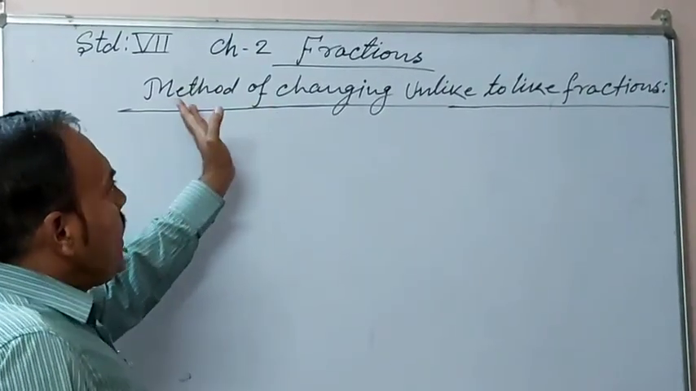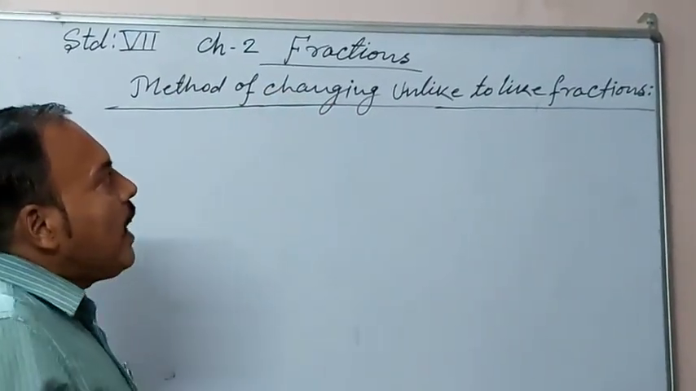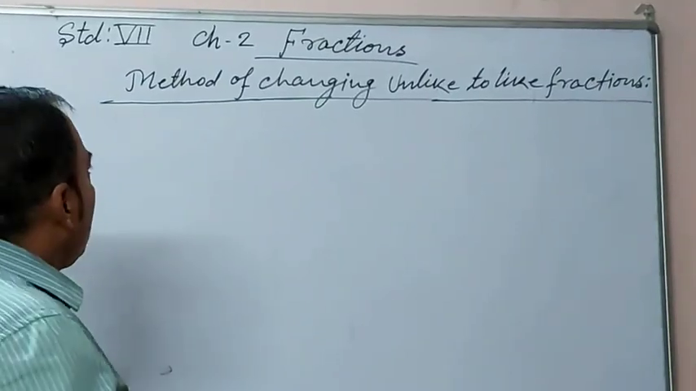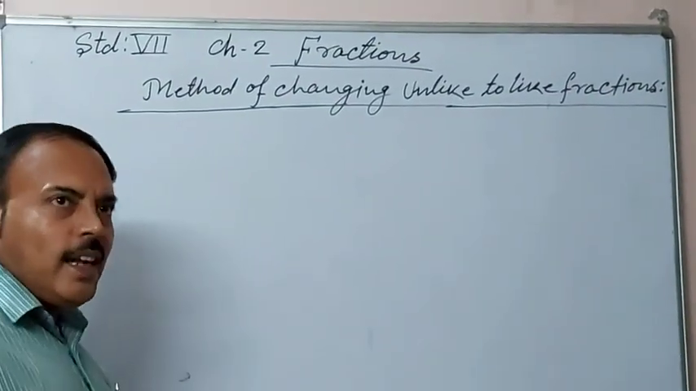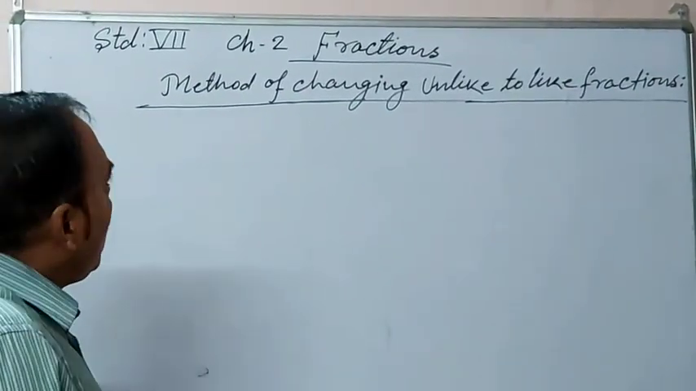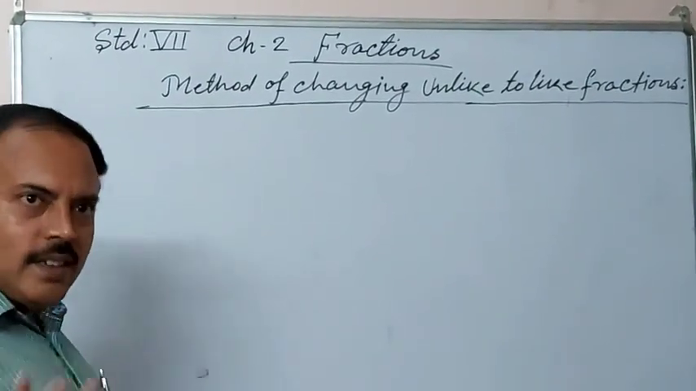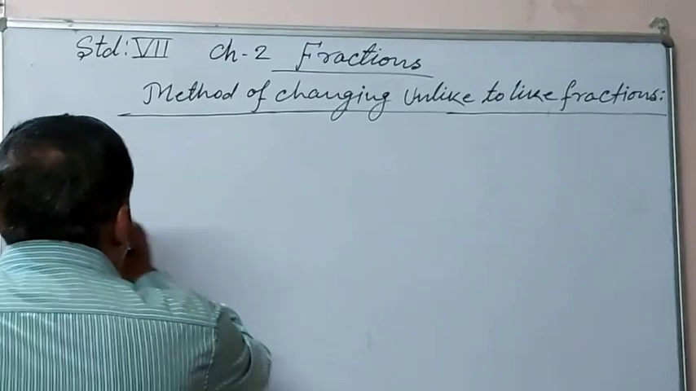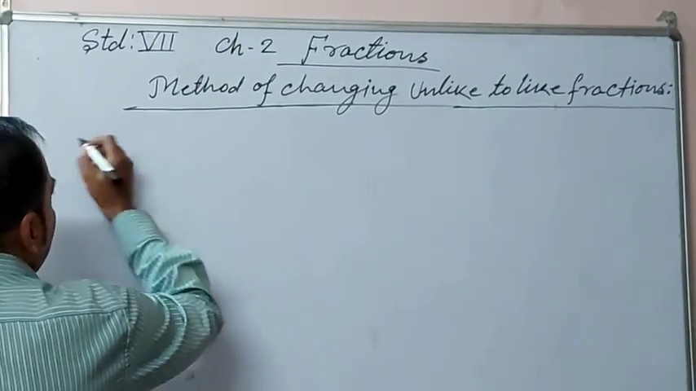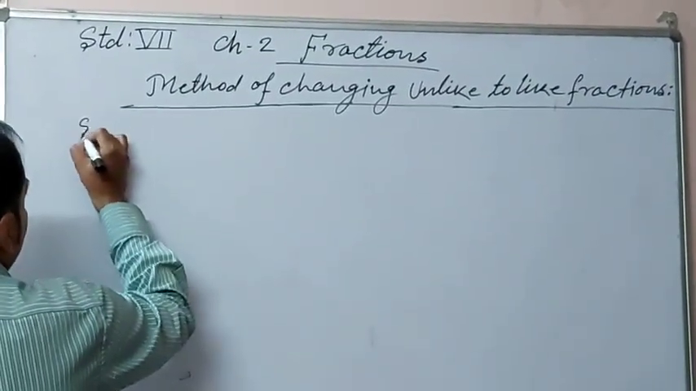We shall know the method of changing unlike to like fractions. So there are a few steps or rules, so first of all write the rules or steps, then we shall learn it through the example. So step first,